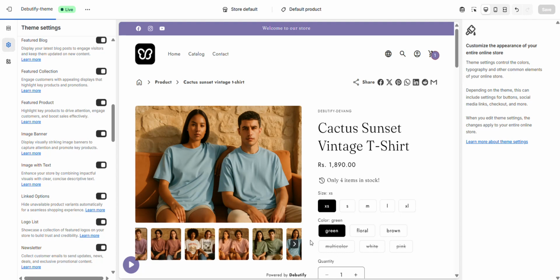When enabled, this widget hides unavailable product variants on the product page. When disabled, unavailable options remain visible but are shown as unavailable. And that's it! You've successfully set up the Linked Options widget, helping create a smoother and frustration-free shopping experience for your